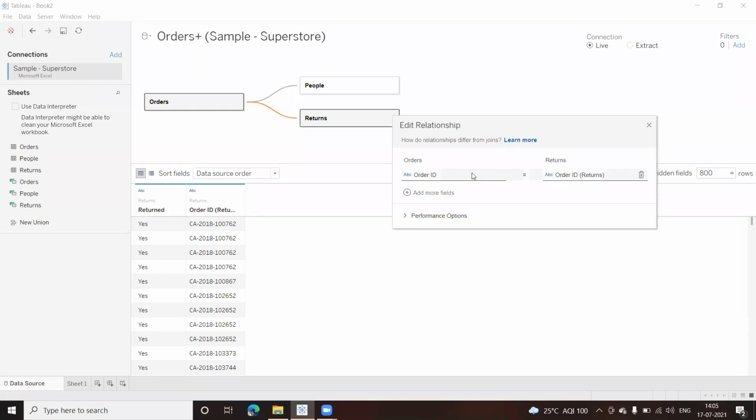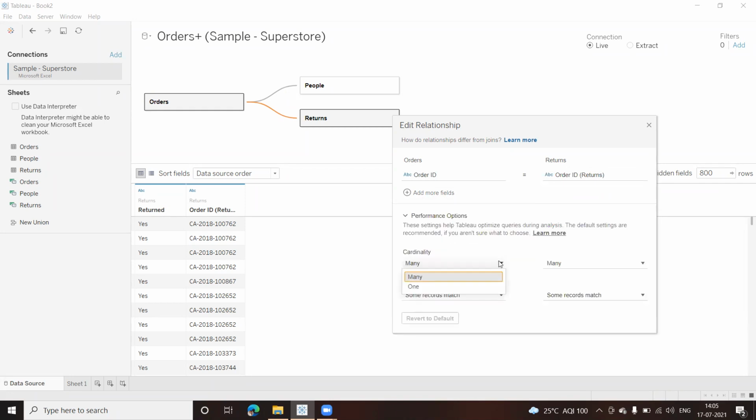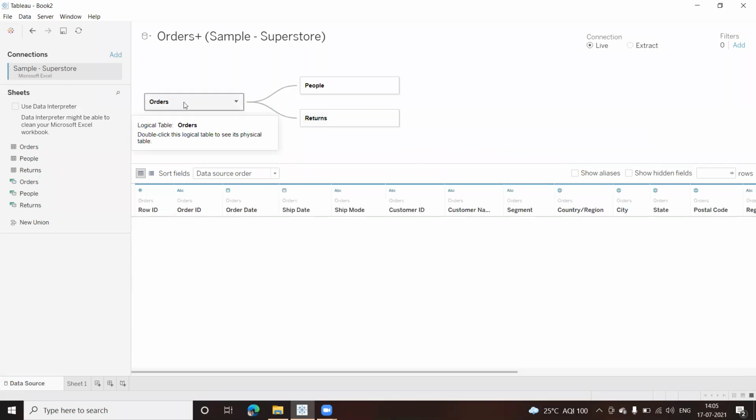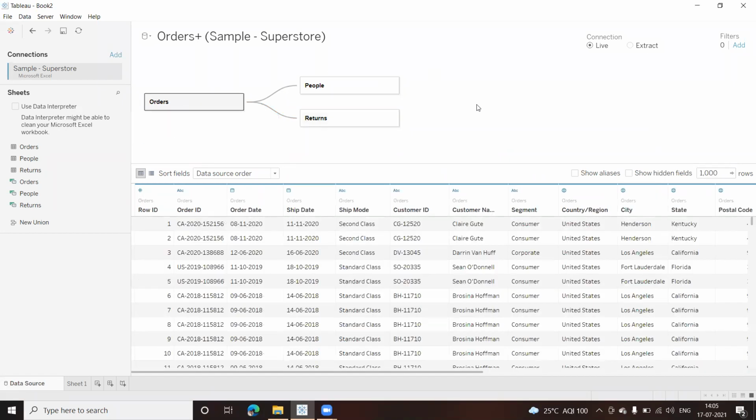Returns data is not stored here. So one order, many returns. So I need to change this to one-to-many. Now this completes my overall setting for the records. I have already set the relationships and everything.